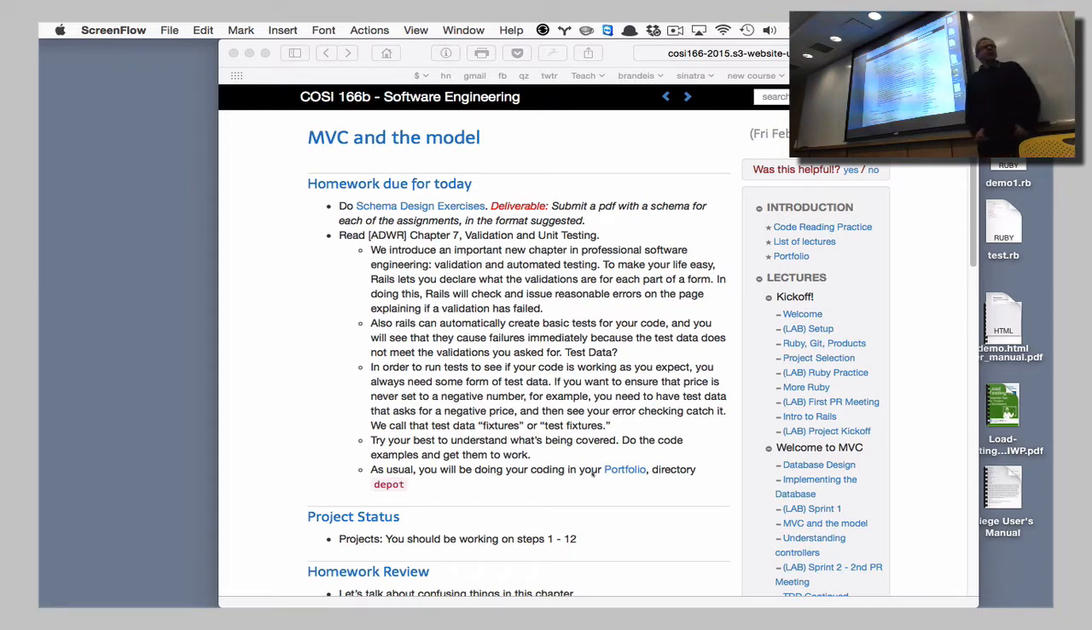Did you guys get the tests to work? Yep. What did it use, RSpec or Minitest? I think Minitest. Is that in the book? Yeah. Is anybody confused by this proliferation of